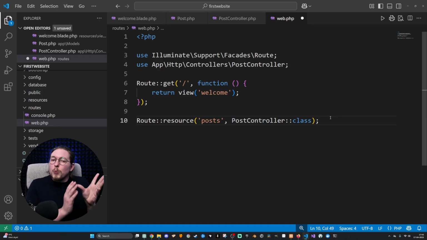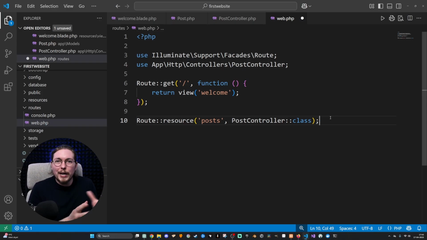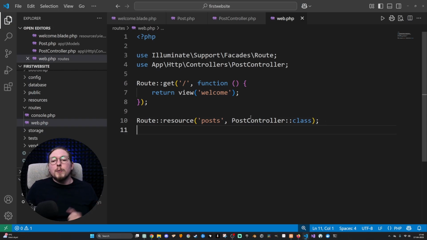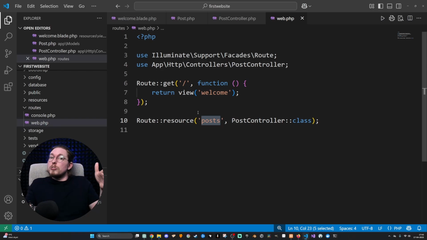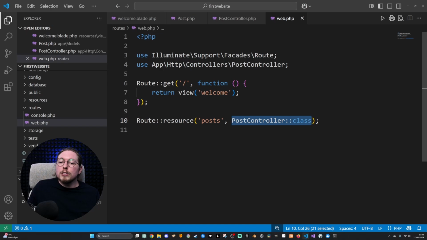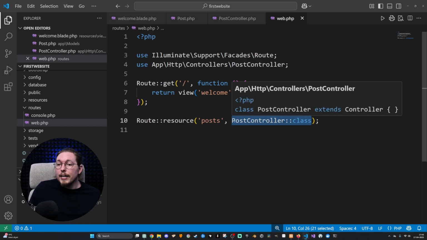So basically this one line of code is creating a whole bunch of routes that we can use for this particular application on its own. Like we don't have to manually create anything here, which is kind of neat. So basically what we're saying is that if I visit this particular link inside the URL, so /posts in this case here,